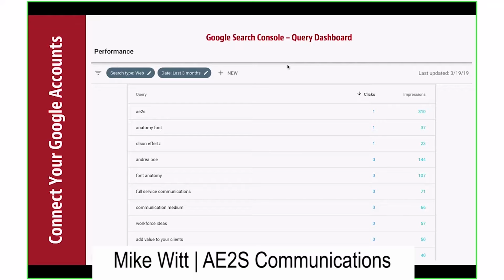People were searching for A2S communications, A2S, Anatomy of a Font, which is an article we had, and Olson Efforts, which is a client. Somebody was perhaps looking for that font anatomy article. And then there are some other general terms, like full service communications, that people were looking for and ended up seeing our website as a result. So what I can do with this information is take some of these things and sprinkle them into other articles so that we generate more results based on that keyword.